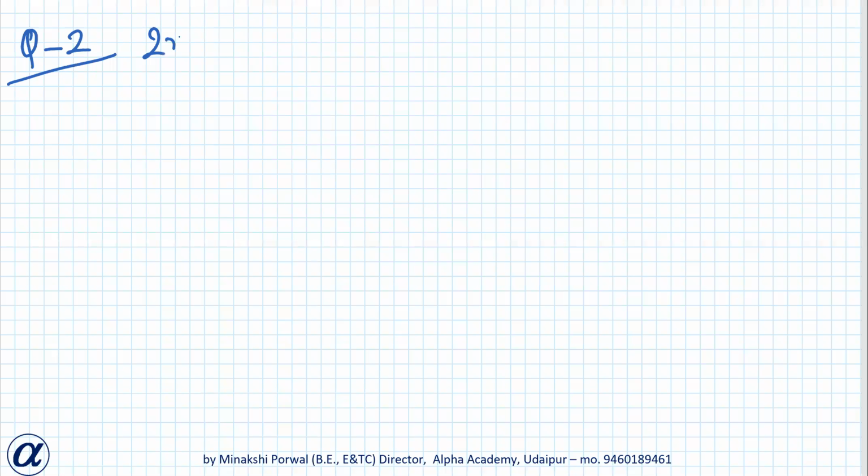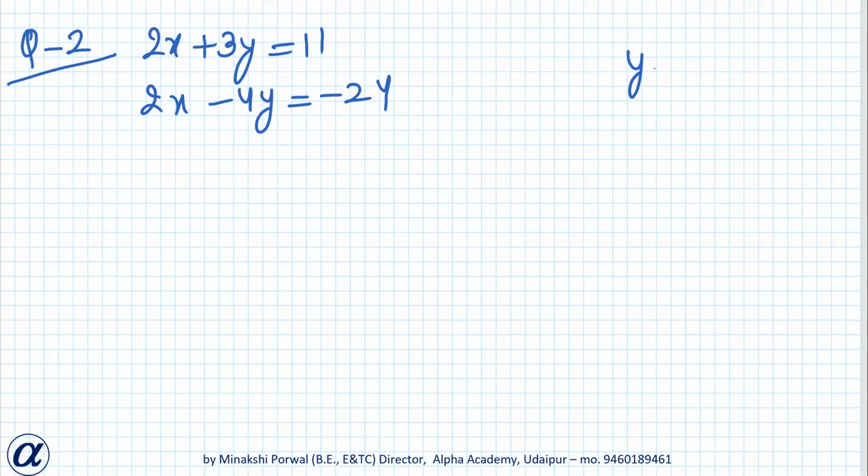Solve 2x plus 3y equals 11 and 2x minus 4y equals minus 24, and hence find the value of m for which y equals mx plus 3. तो first क्या करना है, we have to solve these two equations. इनको दोनों को सॉल्व करना है. x और y की वैल्यू आएगी, वो x और y यहाँ सब्सटीट्यूट करेंगे तो m की वैल्यू आ जाएगी. ओके, as we are not given here by which method we have to do, so we can do by elimination method because coefficient of x here is equal. दोनों में x के coefficients equal हैं, so elimination method will be a good method here.